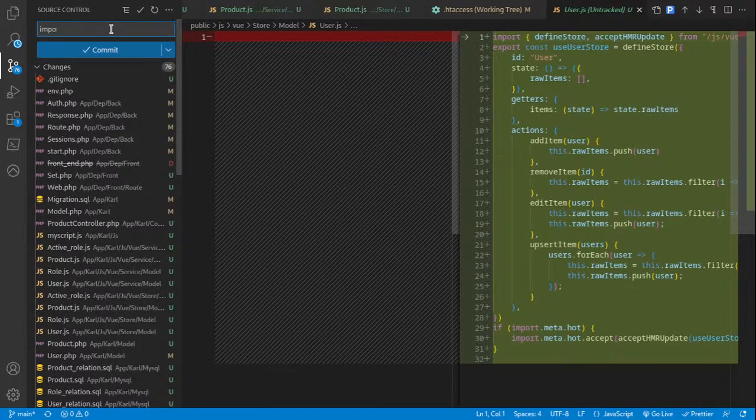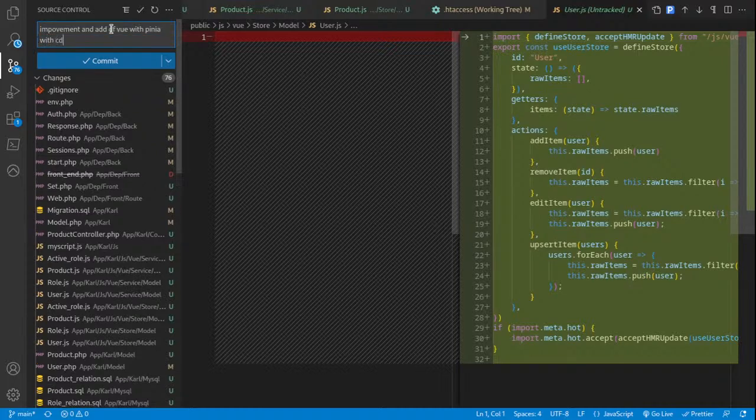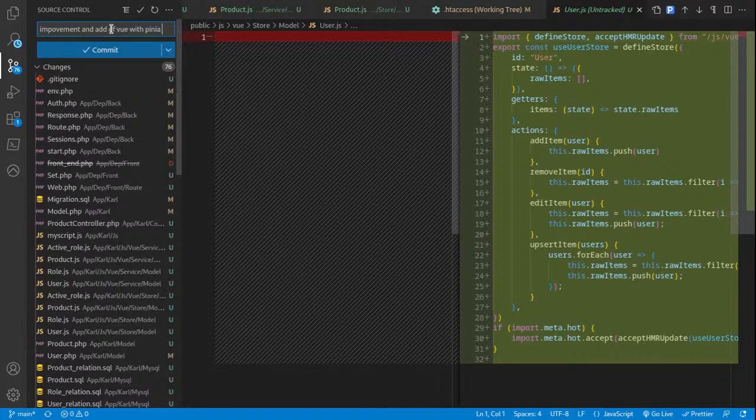Improvement, and add Vue with Pinia with CDN only. Pinia. And one more thing,